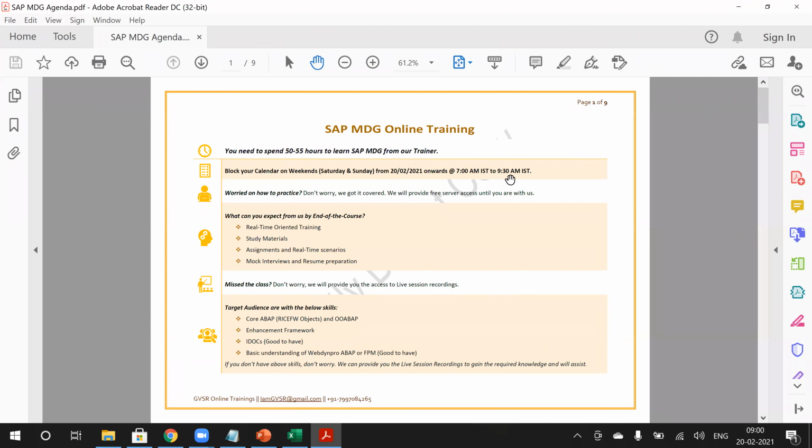IST, and for practice, we'll be giving 2 months of S/4HANA MDG on S/4 server access. Let's say if the course is extended for 10 or 15 days beyond 2 months, as long as you are with us, we'll be providing the server access, but mostly it won't go beyond 50 to 55 hours.